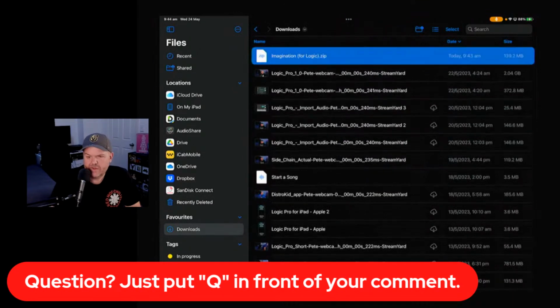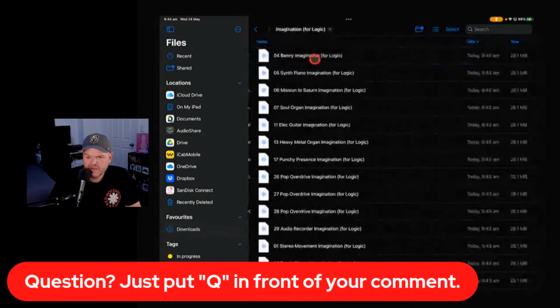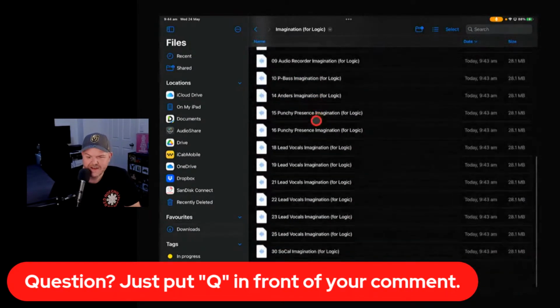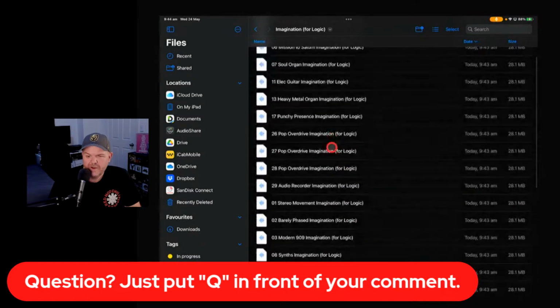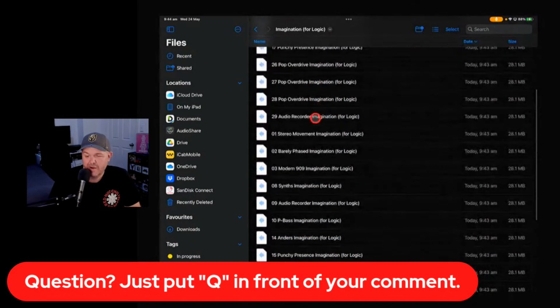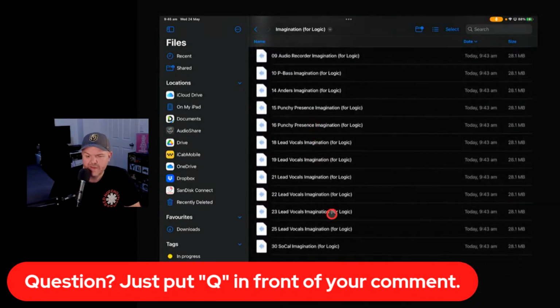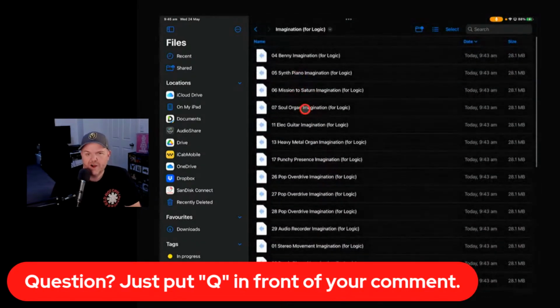Yes, it has. So there is the zip folder. And if we open that one up and we jump into this, oh, there you go. It's got your track numbers and your track names there. So it's got your track number, your track name, and all that goodness. Would be cool if you could add things like BPM or other things to each track so that you could share it and know that. But I guess you could change your project name to that if you wanted to, and then it would adjust that. But that's pretty cool. That's worth the price of admission right there, I reckon.